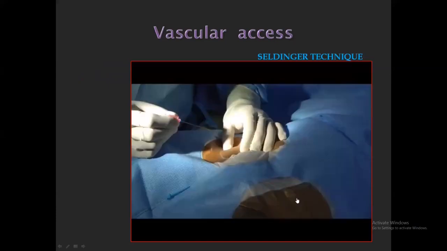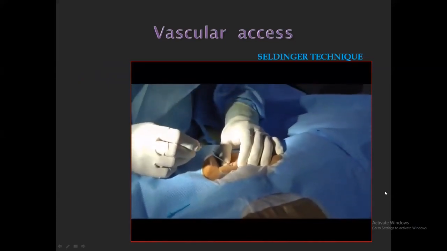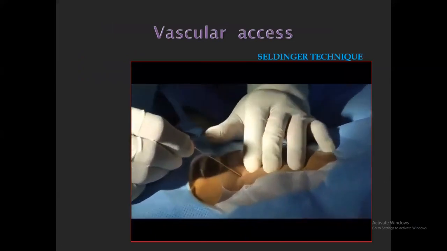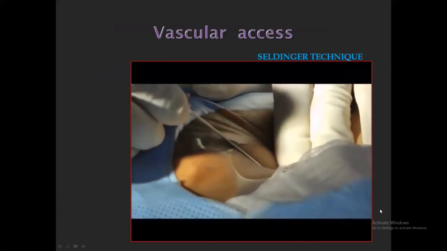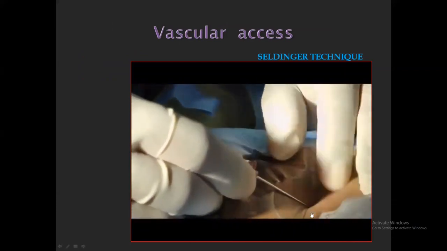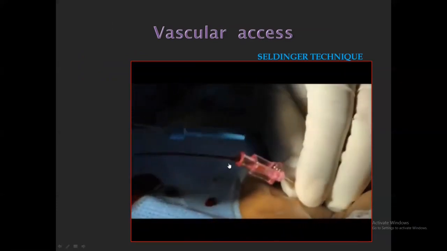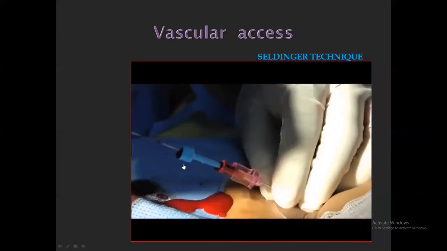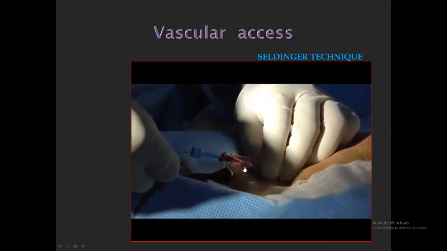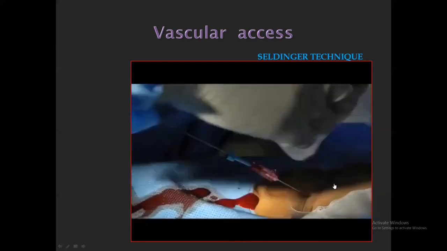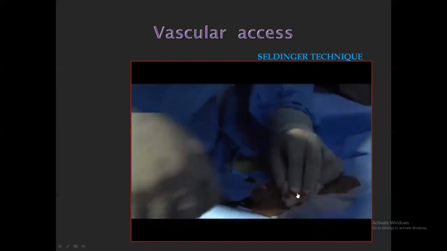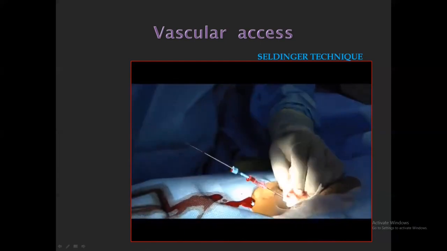From this video you can see how an arterial puncture is performed and how a sheath is introduced. Just watch it. After feeling the pulse, they're inserting the needle. See, you can see blood is jetting out, so they will insert a small wire, a guide wire, into the blood vessel. Then we will verify the position with fluoroscopy. Then after that, we will remove the needle, keeping the wire inside.